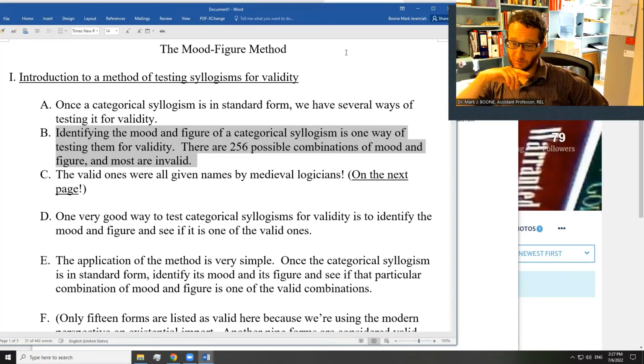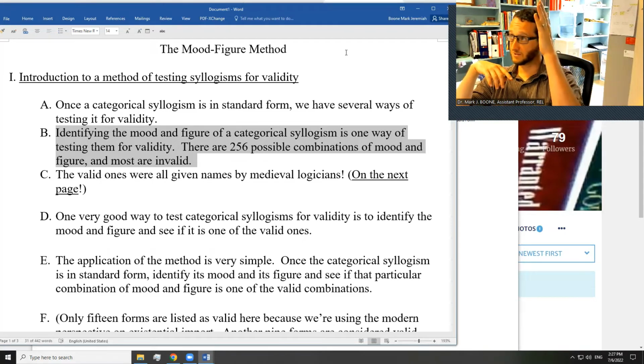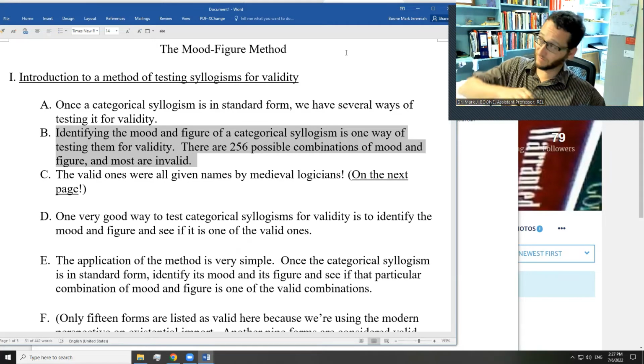And there's four figures referring to the placement of the middle term. The middle term occurs once in each premise. It's either first in the first premise or second in the first premise. It's either first in the second premise or second in the second premise. So there's four possible figures. Figure one, it's first and then second. Figure two, it's second and second. Figure three, it's first and first. Figure four, it's